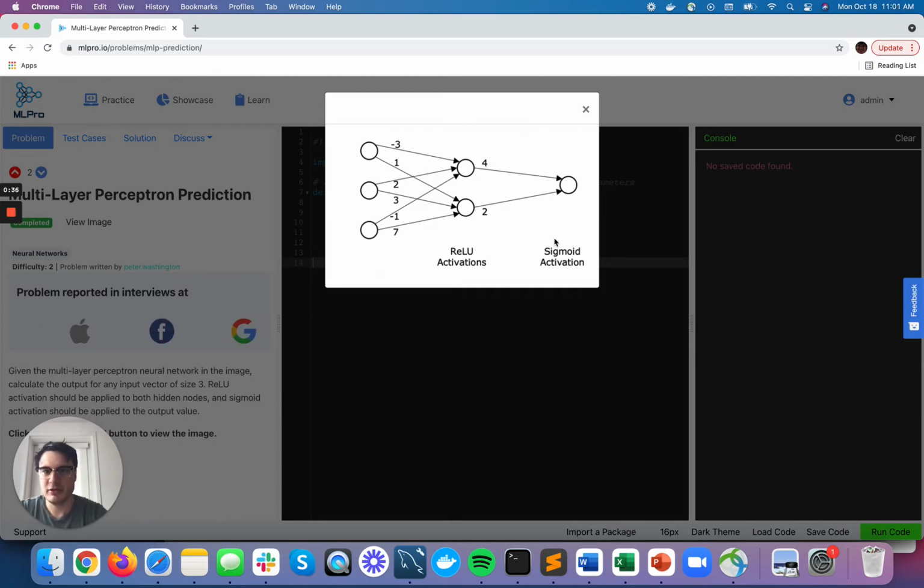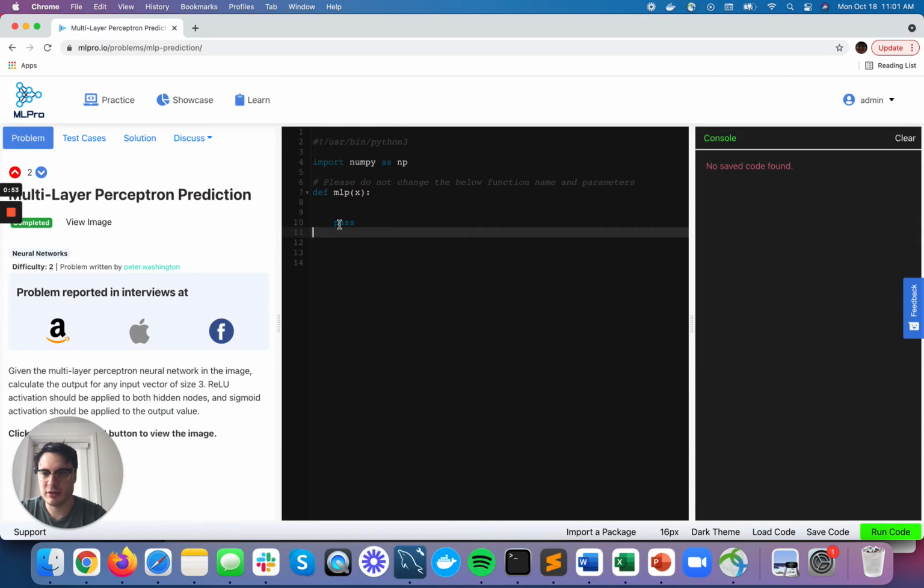So in this particular problem, we're given this exact neural network and given a vector of size 3, we've got to make a prediction. So again, the neural network is already trained. So to code this,